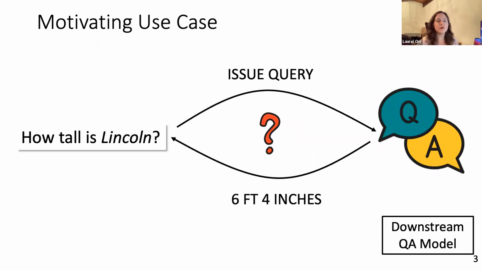I'm going to motivate this ecosystem with a very simple example. Suppose you have some sort of QA system, and the goal is you ask some natural language query and it gives you some answer. So if you said, how tall is Lincoln, which apparently is actually a very common query, the answer would be expected to be 6'4". Now, for some people, like my parents, for example, this is very magical. They have no idea how this works.